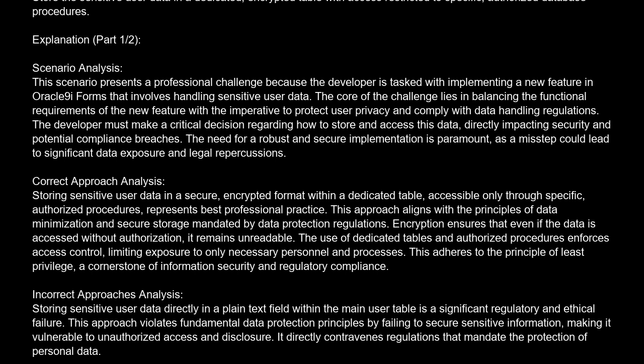The use of dedicated tables and authorized procedures enforces access control, limiting exposure to only necessary personnel and processes. This adheres to the principle of least privilege, a cornerstone of information security and regulatory compliance. Incorrect approaches analysis. Storing sensitive user data directly in a plain text field within the main user table is a